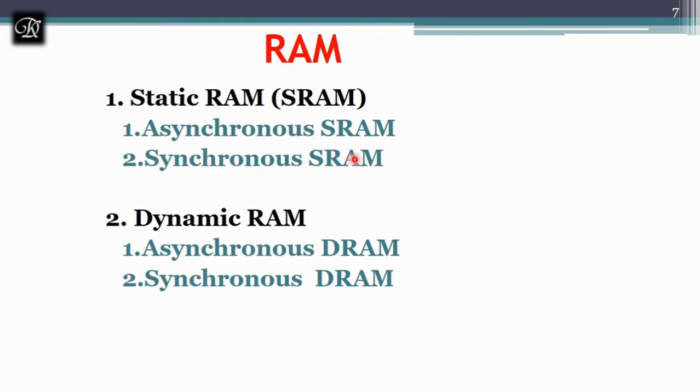Before that, both RAMs, static and dynamic, have synchronous and asynchronous types. We have seen synchronous and asynchronous in the second module. If the given circuit is synchronous, it means it's going to work in accordance with the processor clock. If it is asynchronous, it means it has its own controller or clock signal generator, which is going to work with its own clock signal rather than synchronizing with the processor clock. So static RAM and dynamic RAM both come with synchronous and asynchronous types.